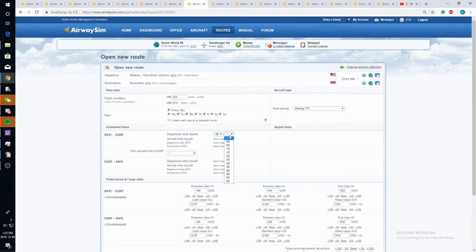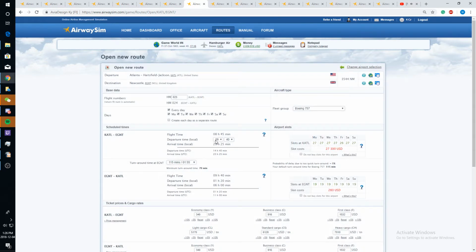What do I mean? If we see my scheduling, we take off at 9 and we arrive back at 6, and with the turnaround time, we're wasting a couple of hours every day. So what I figure is, instead of